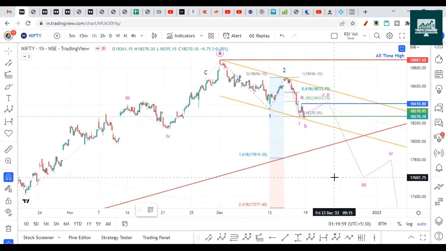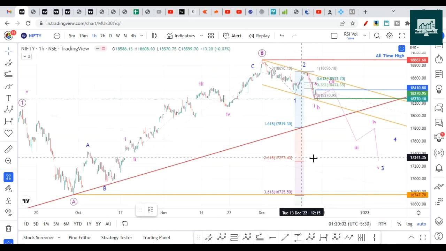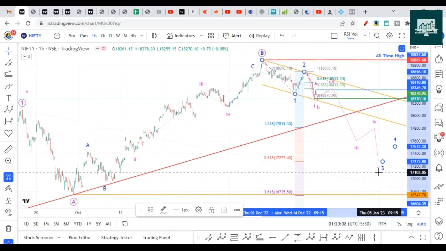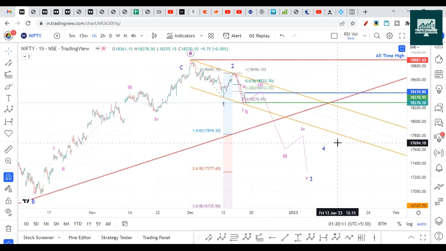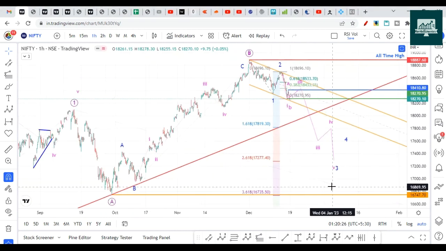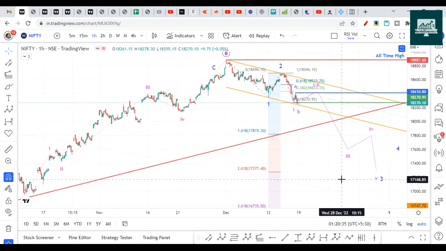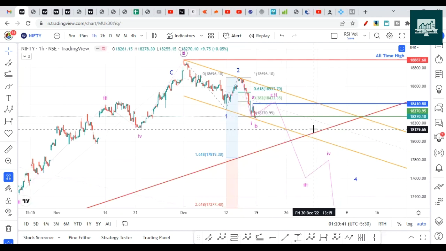Let's see if our view materializes in this. In the next week itself, we should finish the third wave that I'm expecting. There are 5 sessions in the next week, so we should finish that. The week after, or you could say the week of last expiry, should be a consolidation, and then in the first 2 weeks of January, we should complete the correction. By the end of the first half of January we should complete the correction, and in the later half of January, we should start the fresh rally. This is how I'm expecting, and this is what my analysis says.